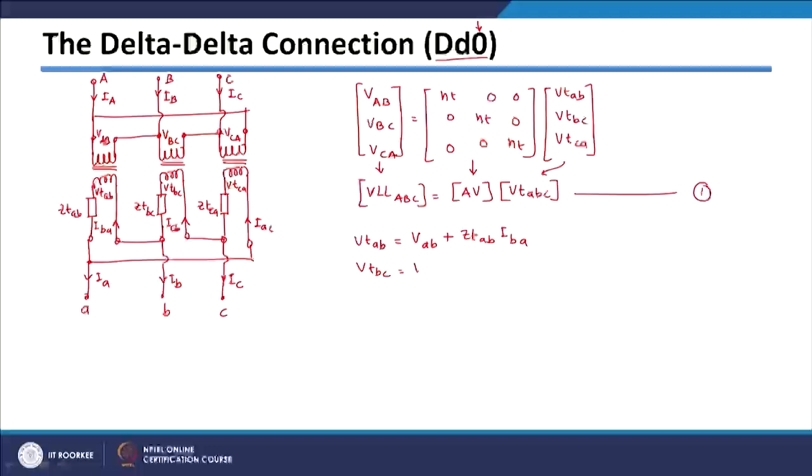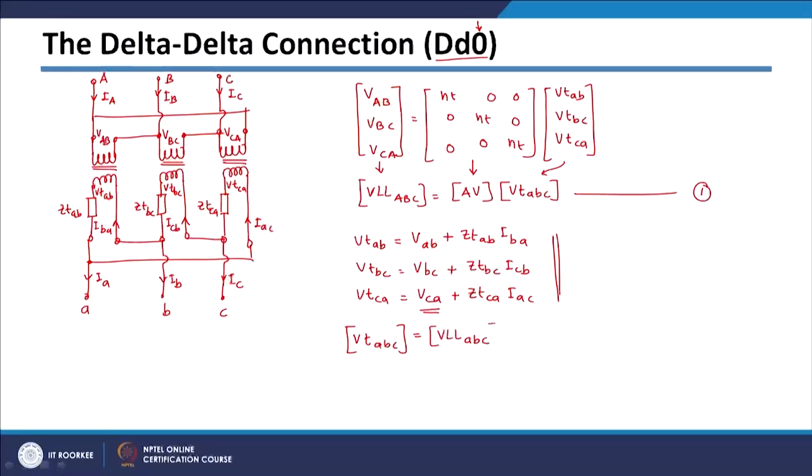VTBC will be nothing but VBC plus ZTBC into ICB, and VTCA will be equal to VCA plus ZTCA into IAC. And these three equations also we can write in short form like this. So these on left hand side I can represent by VTABC is equal to, these three voltages will be nothing but line to line voltages on secondary side. So VLL ABC